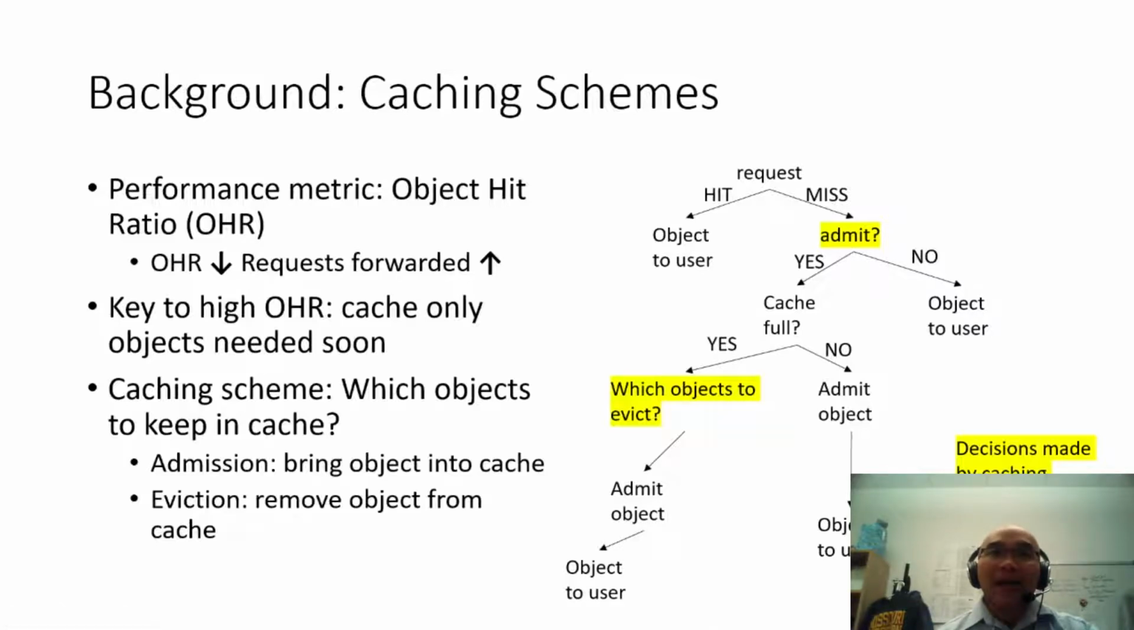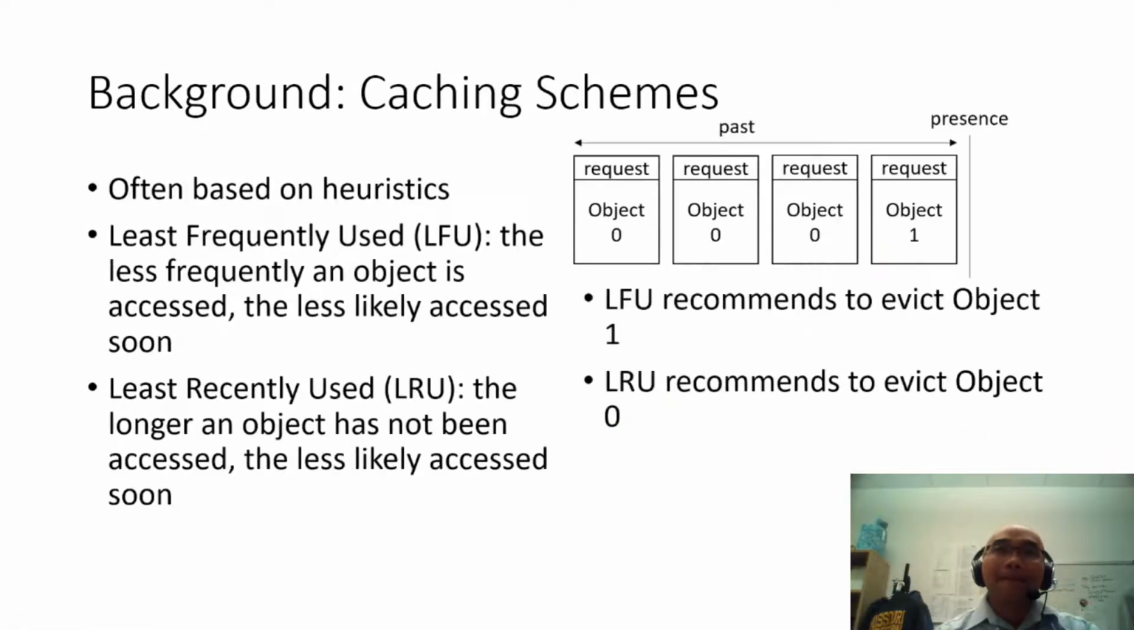Now, the caching scheme decides which object to admit and which object to evict. This is what a caching scheme does. So how does a caching scheme make the decision? Often it is based on heuristics. For example,